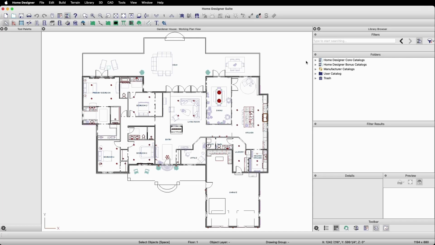If for any reason we do not have any catalogs in the Home Designer Core Catalogs category, we can initiate the download again by going to the Library menu at the top of the program window and choosing the option for Install Core Content. The Home Designer Bonus Catalogs category contains additional catalogs created by Chief Architect content developers, whereas